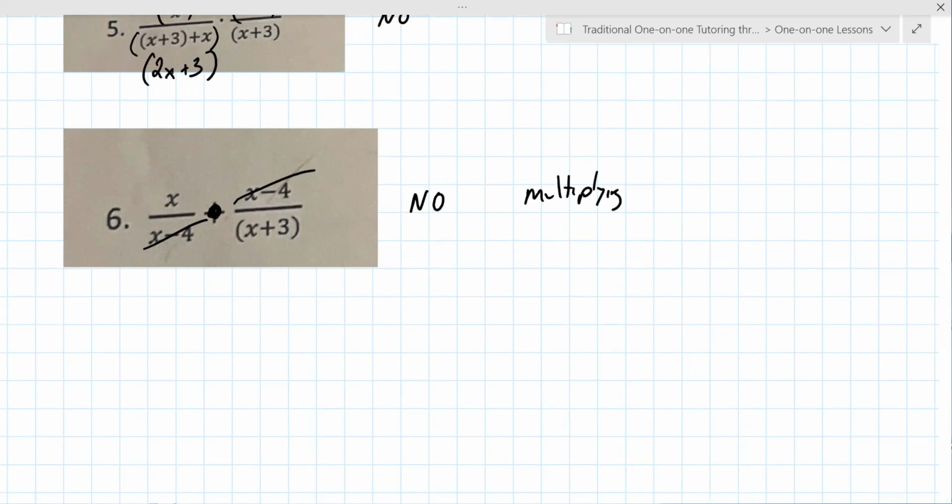So let me actually back up here. I think we should probably go through a couple of these other ones that I see here. Boy, this is really written oddly, but that's okay. Let's go to number